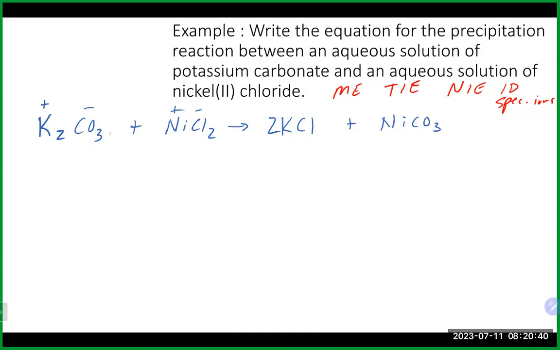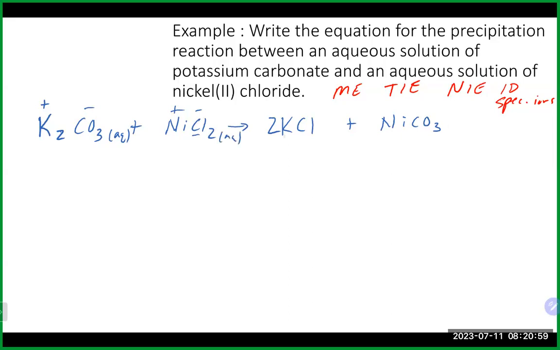Obviously, these are aqueous solutions because it says that in the actual problem. But regardless of that, when we look at the first one, we see potassium, which is soluble in everything because it's group 1. So we don't need to look any further. We once again see chloride on this one, which is soluble in everything except for silver, lead, and mercury, which means this one also would be